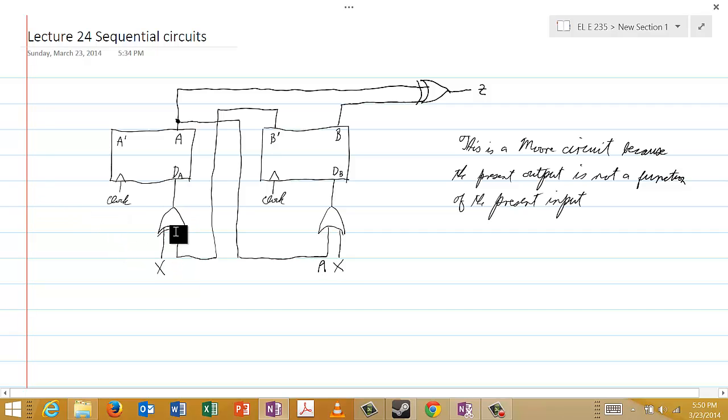And similarly, this second input to this exclusive OR gate here is B prime, and so I would label that accordingly down here. Now, once we've done that, we can easily identify what D sub A and D sub B are, and that is what I would recommend to you as the first step in trying to understand a sequential circuit,